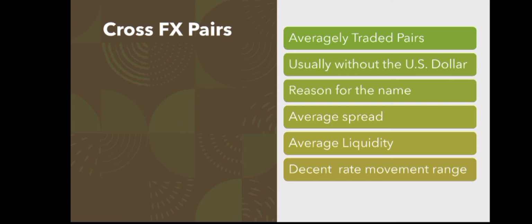So the US dollar was the base currency. And so these currency pairs were, however, able to buy and sell without having to pass through the intermediate USD, hence the origination of their name. They have average spreads. Their spreads are very moderate and somewhat workable. They have average liquidity, lower than the liquidity of major pairs, but greater than the liquidity of the third set